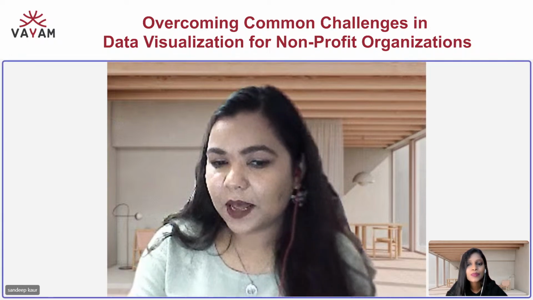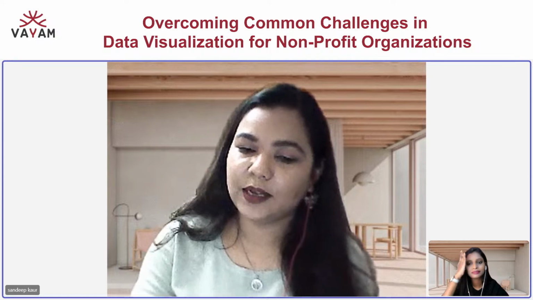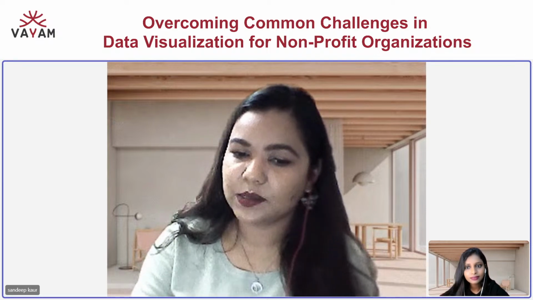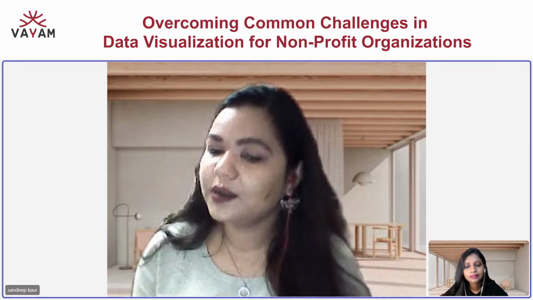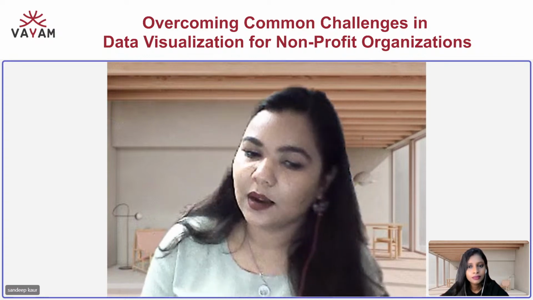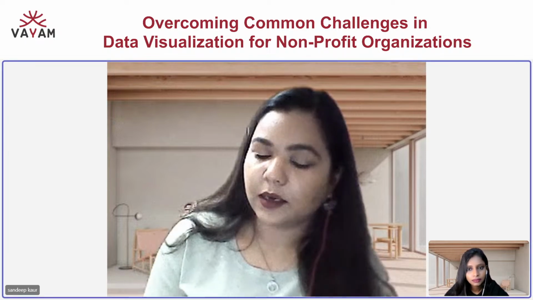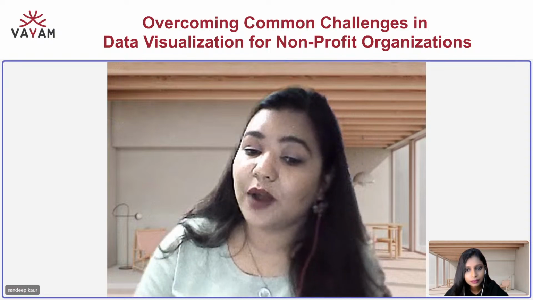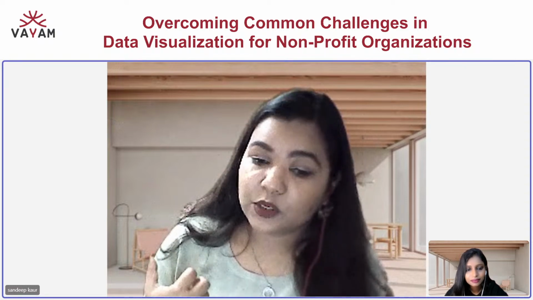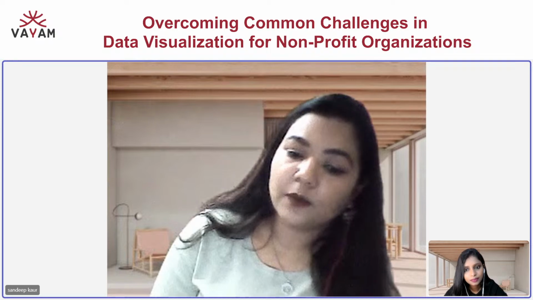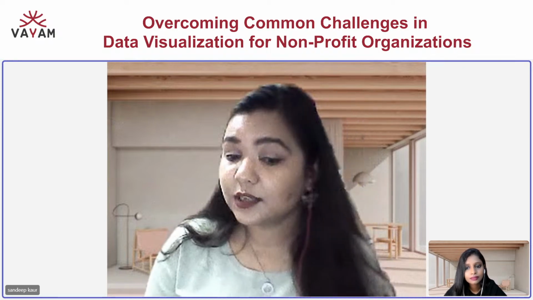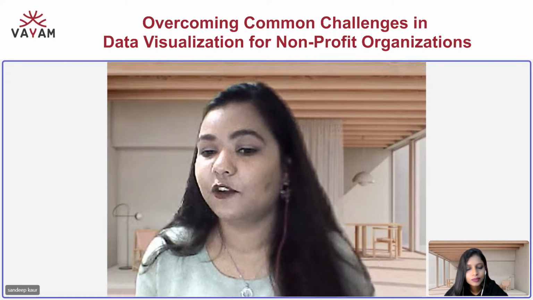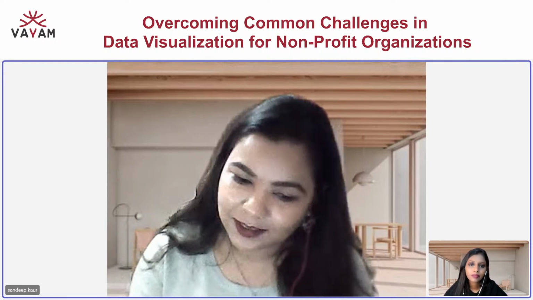In a very simple manner, simplifying complex data is one important key aspect which it works upon, presenting complex information into very easy to understand visual format, demonstrating the impact, which is again a very important requirement of any NGO to attract more donors. So, by showcasing the direct outcomes of donations and support through charts and graphs, of course, one thing they have showcased and built the trust, another thing they can attract more support upon that.